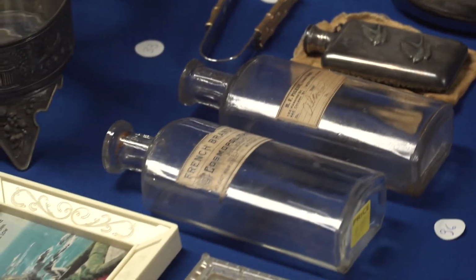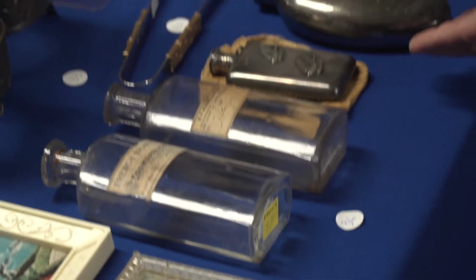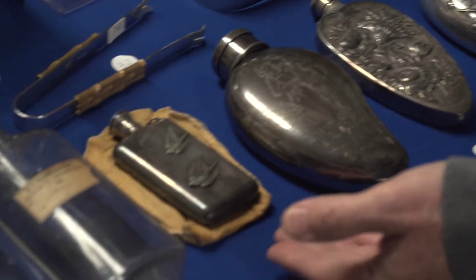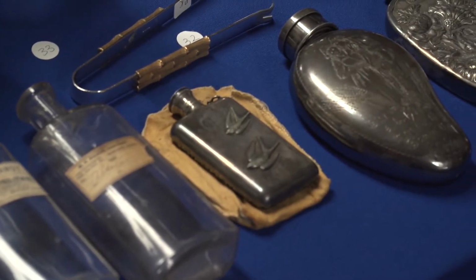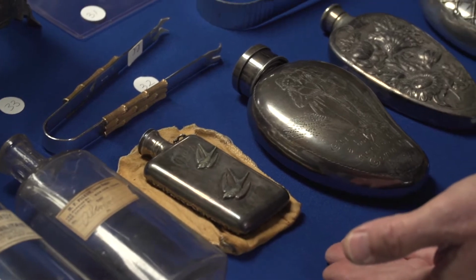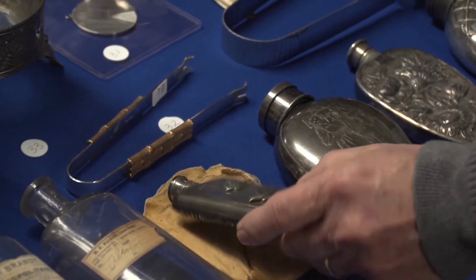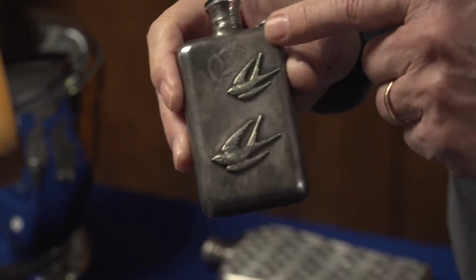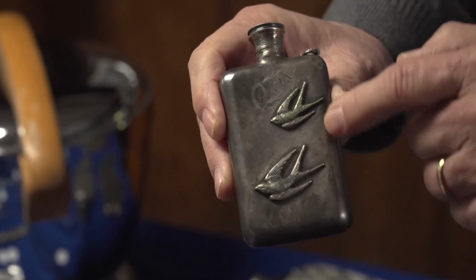And then later on, and before Prohibition as well, the imbiber could take along their favorite beverage in their own hip flask or pocket flask. This is a very cute one meant for the ladies, and it has a rebus on it. It says only 2 swallows. Small one. This one